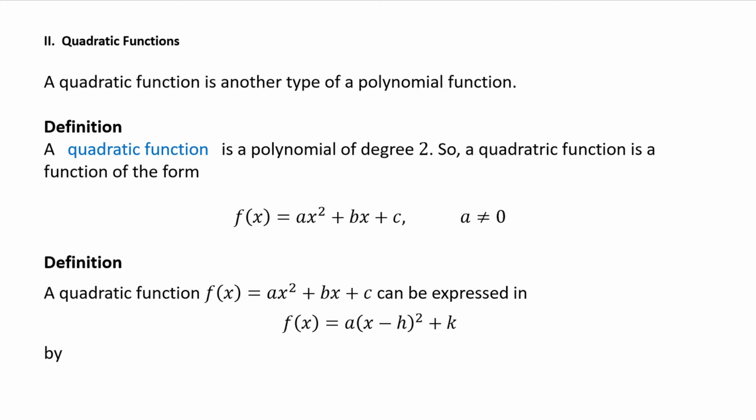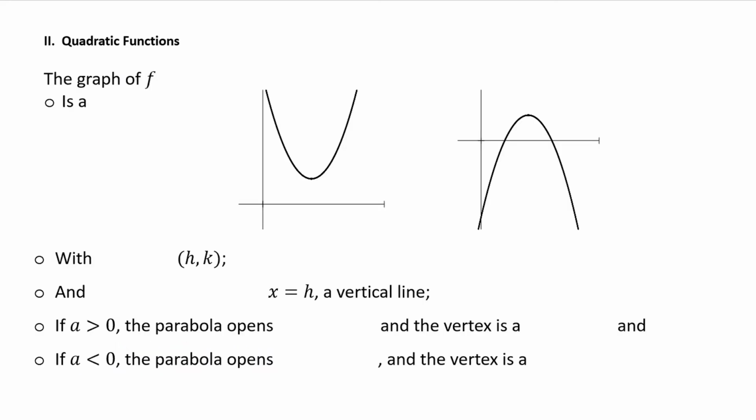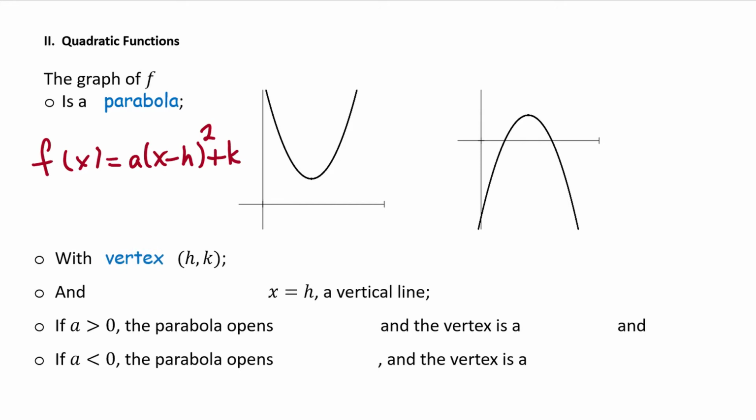Let's continue. Definition: a quadratic function f of x equals ax squared plus bx plus c can be expressed in standard form, which looks like f of x equals a times the quantity x minus h squared plus k, by completing the square. The graph of f is a parabola. In standard form, we express the parabola as f of x equals a times x minus h quantity squared plus k. The vertex from the standard form is the ordered pair h, k,